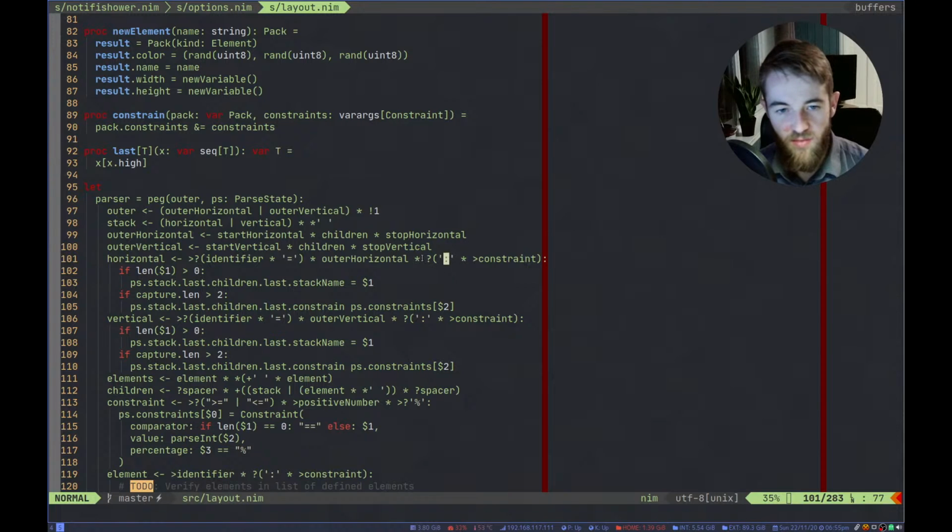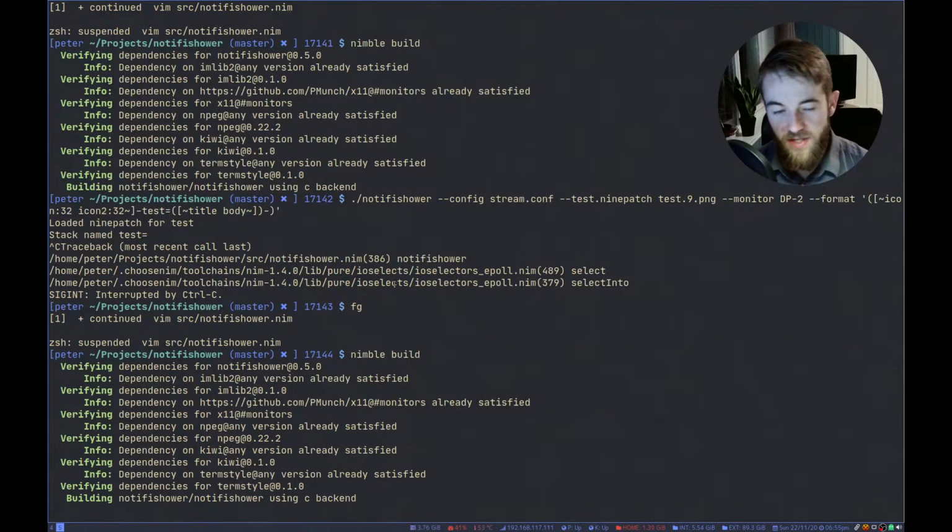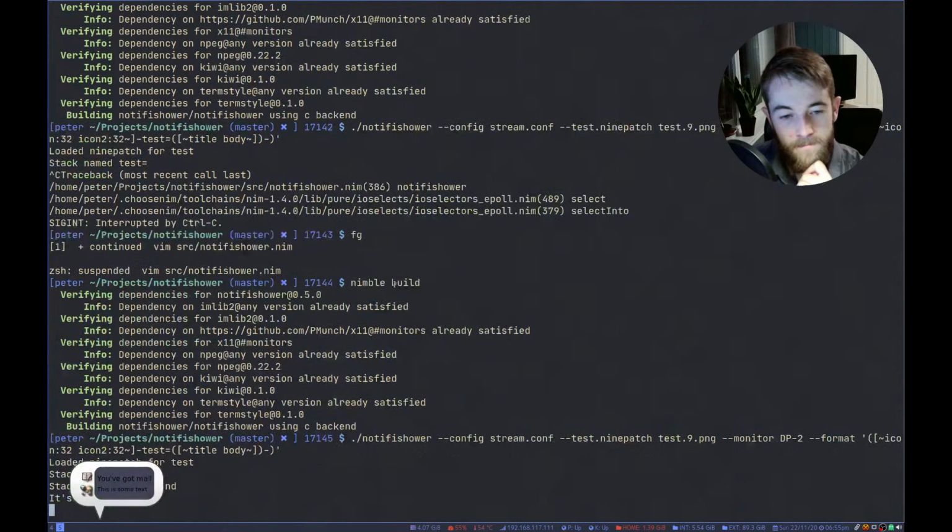I mean, I could because one starts with S and one doesn't. But I'm just gonna do this and say every character except for the last one is now the name of that stack. There. So that now works.